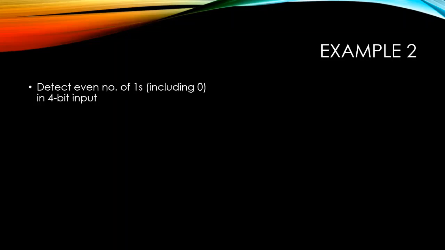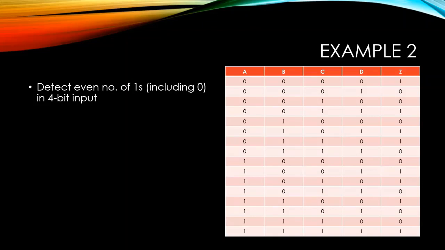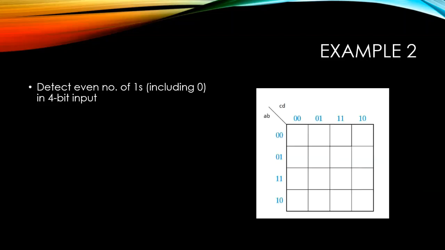Okay, so this will be the truth table for our example 2. Again, as long as we have even number of ones, the output is 1, including 0, and the rest will be 0. Okay, so after determining the input, output, and truth table, now we're going to simplify this truth table. Okay, so using Karnaugh map, we're going to plot all minterms directly in our K-map. So this will be the first, the 0, 2,